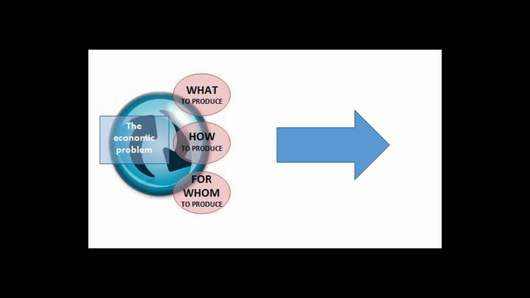And what to produce, we said, may be consumer good, capital good, merit, demerit, public goods, quite a lot of them. Under how to produce, we were talking about, do we go for capital intensive methods, should we go for labor intensive methods, do we want a lot of output or do we want relatively less output, do you want a standard product, do you want a customized product, it depends. For whom to produce was for the consumer, for business, for the government or for the foreigners.